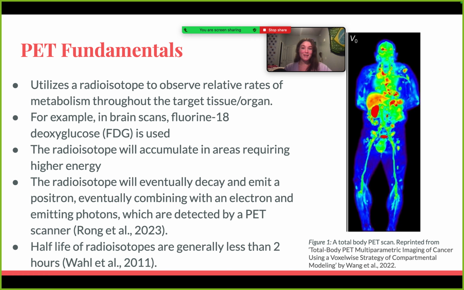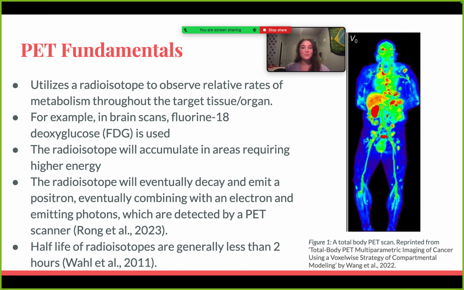So, PET is essentially a scanning technique that's used to measure the relative amounts of activity in certain regions. And how we do this is by making radioisotopes, which are essentially radioactive tags attached to a common energy source for the tissue. A great example of this, and the most common example, is FDG, which is a radioactive tag on glucose. And these radioisotopes will accumulate in areas relative to the amount of energy they use. So if an area requires more glucose because it uses more energy, you'll find a higher rate of radioisotope accumulation